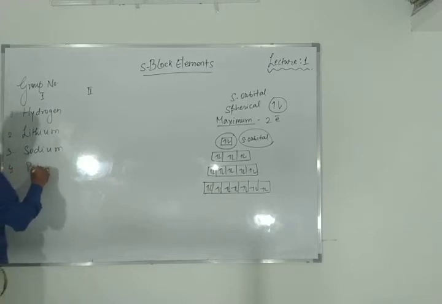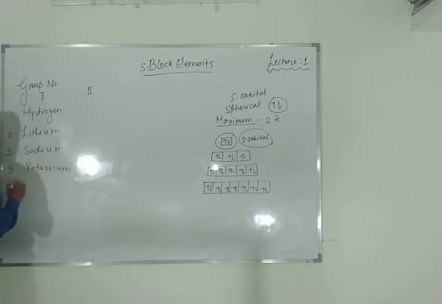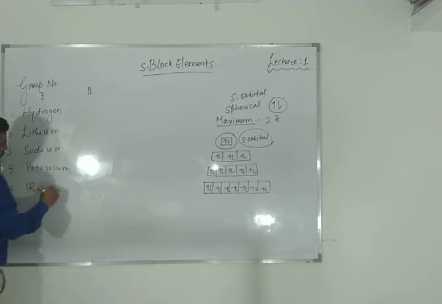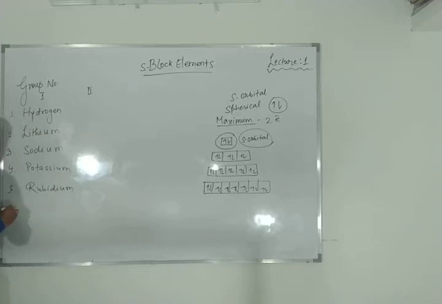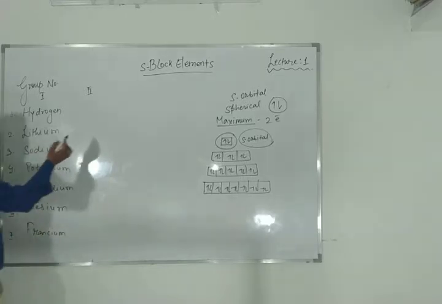Potassium, rubidium, cesium, and seventh one is francium. Right? And group number 2 elements are